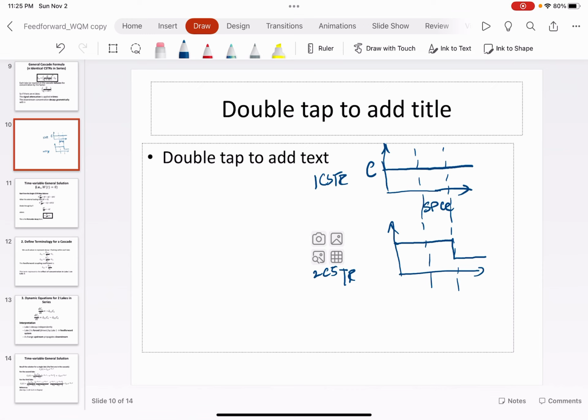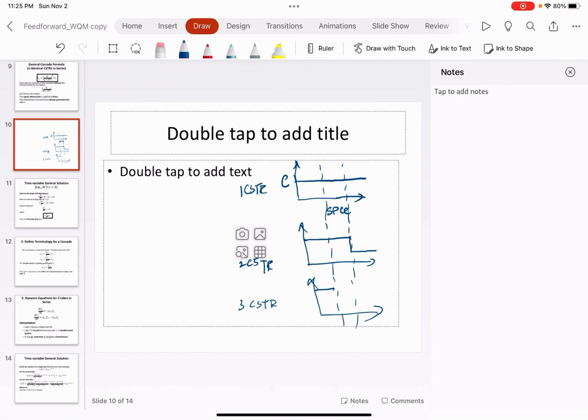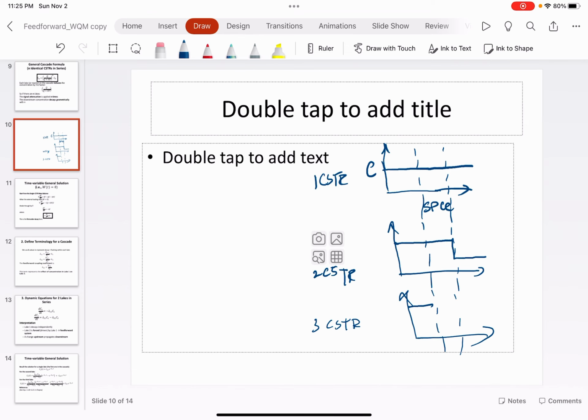If you have three CSTRs, you would see a different approach: the concentration would be high in the first CSTR, and then reduced to a lower value in the second CSTR,